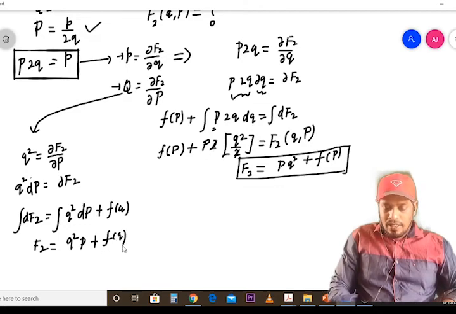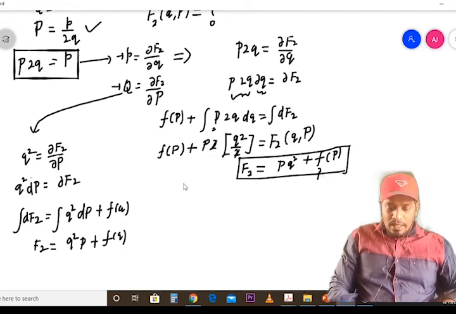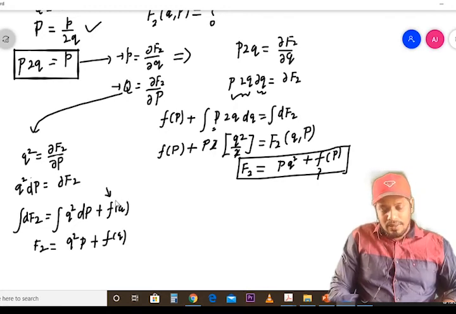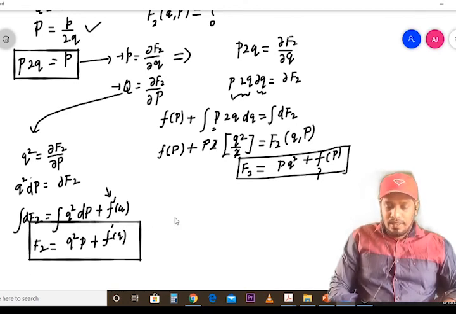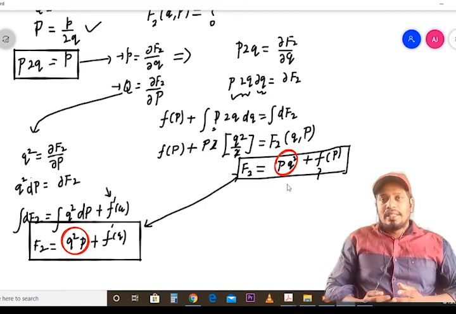Because here also we are calling it f of P, maybe you can use some different notation. You can call it f prime, that constant, just simply prime. Anyway, it is a constant. Look at these two equations. If you compare these two equations, the common term is q² P. F2 is q² P. Here P q² or q² P, both of them are the same, the F2.